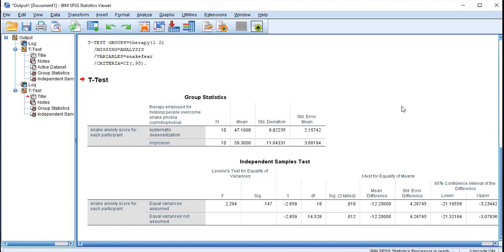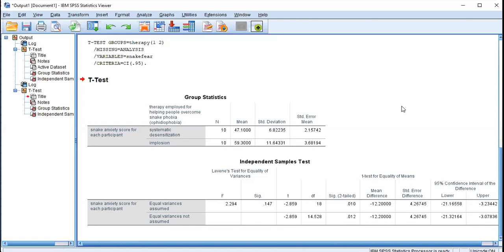Systematic desensitization, within brackets, M is equal to 47.1, comma, SD is equal to 6.82, bracket close, is more effective means of reducing snake phobia as compared to implosion therapy, within brackets, M is equal to 59.3, comma,